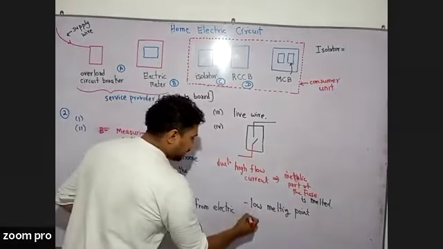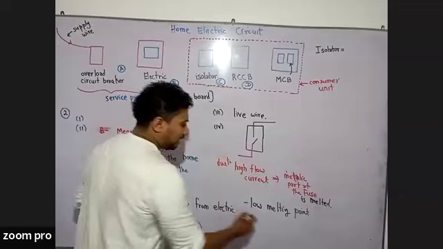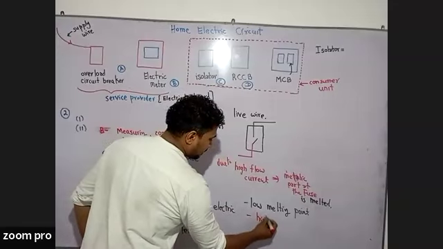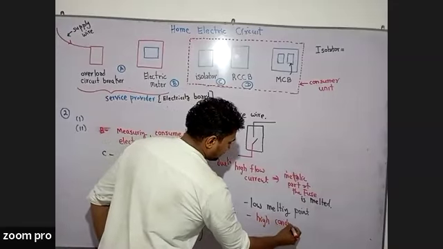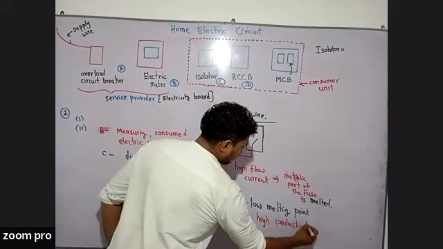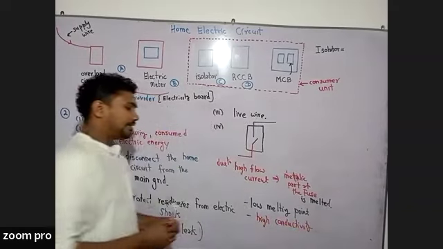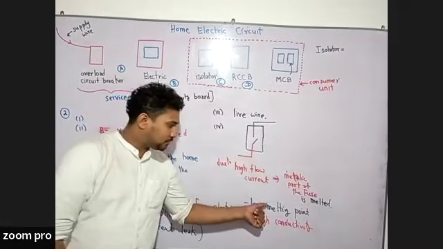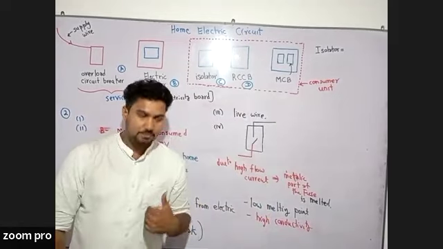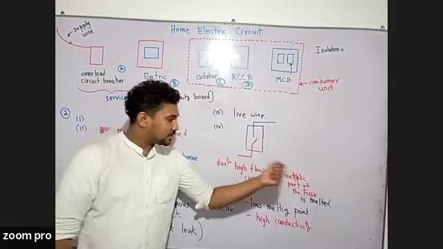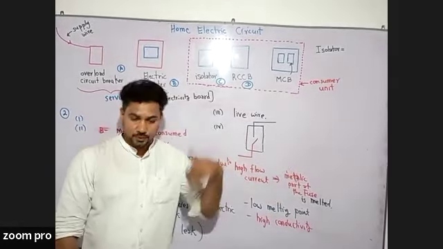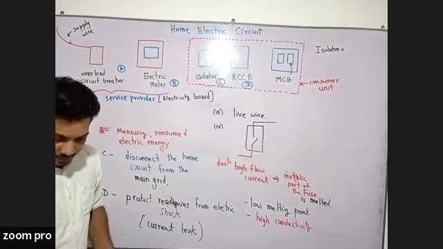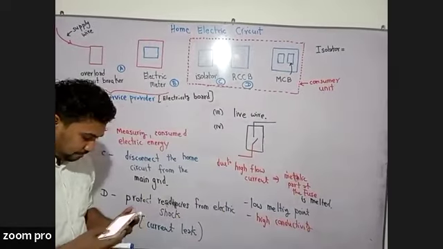And this metallic part definitely has a high conductivity, because the current should easily pass through these metals, right? So these are two physical properties which this metal used in a fuse should have, right? Okay, in the next question,